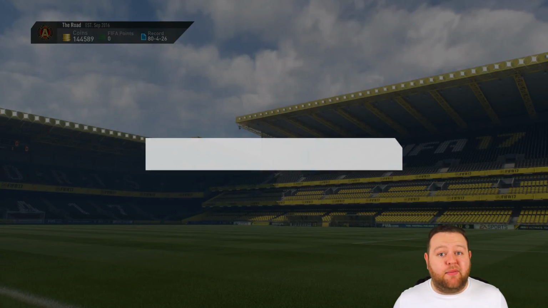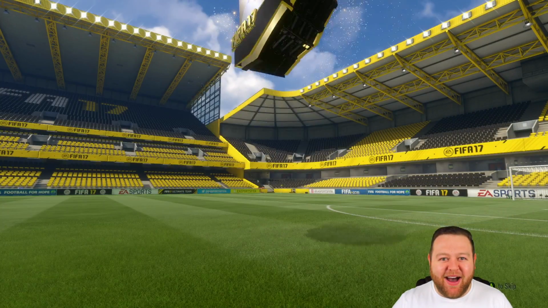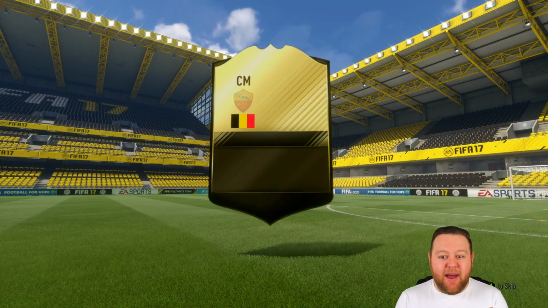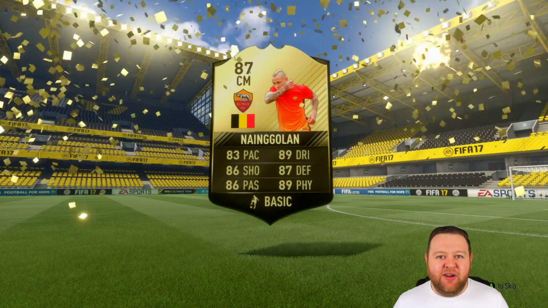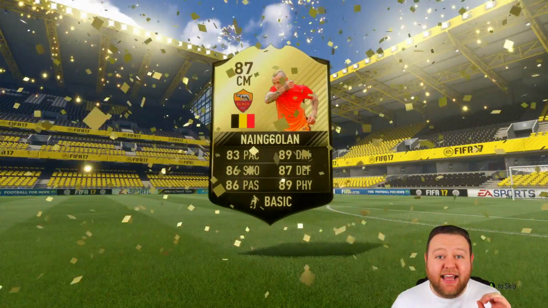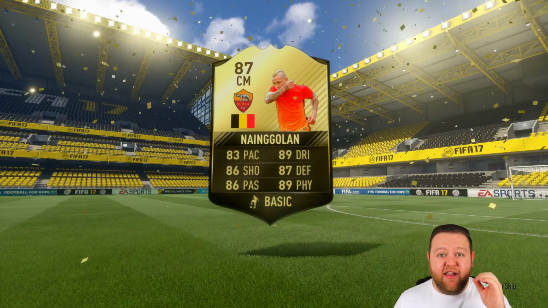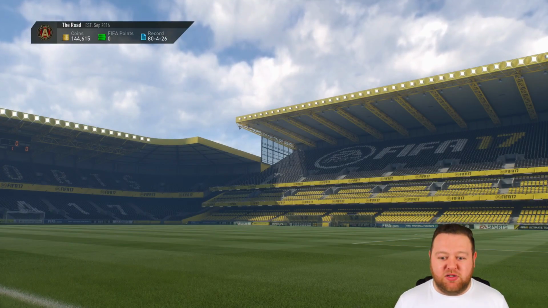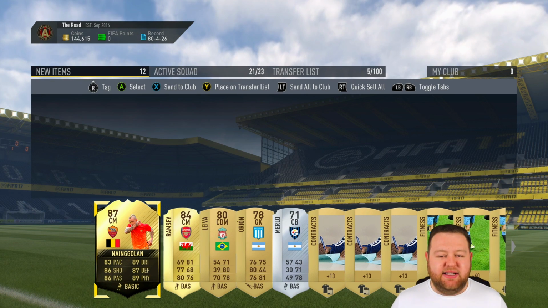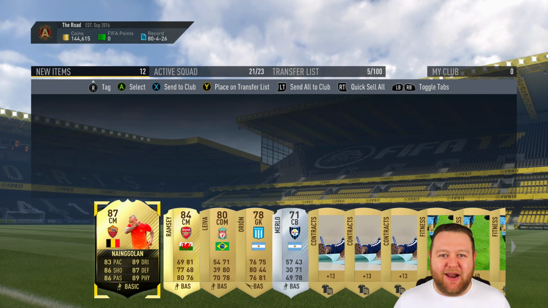Now the next pack is another premium gold pack, and oh my god, it's not a walkout, but it's an inform, and as you can see, Belgian Roma 9-Golan. What? We just packed the 87 rated second inform Raja 9-Golan on an account I've not spent a penny on. A ridiculously lucky pack in the Road to Glory. And some of you might be thinking, oh, he looks pretty good. You know, look at his stats. 80 plus club, of course,